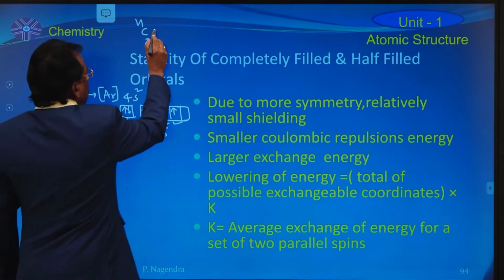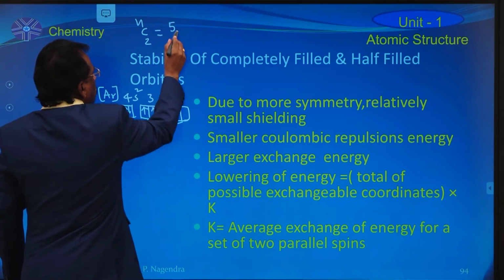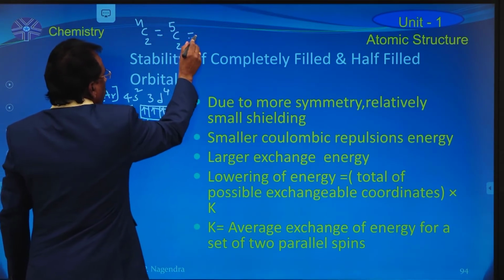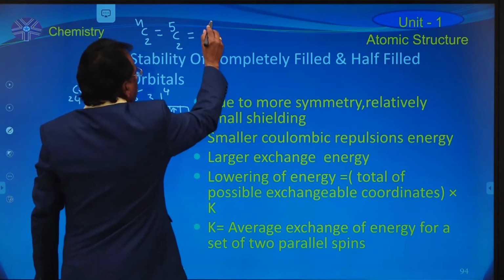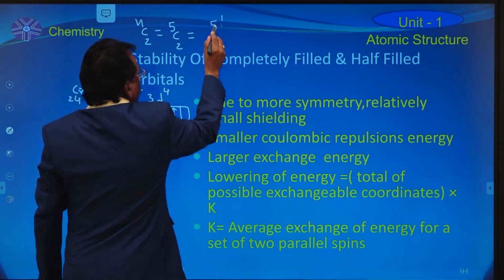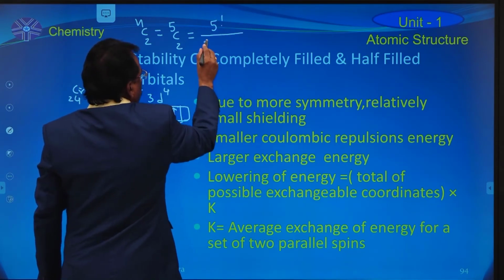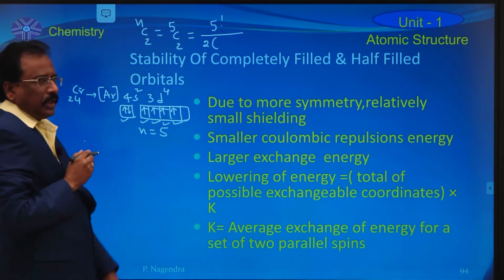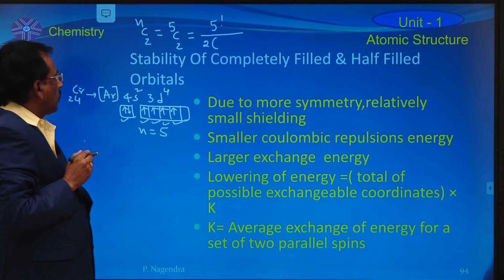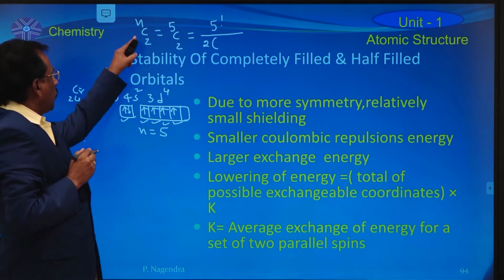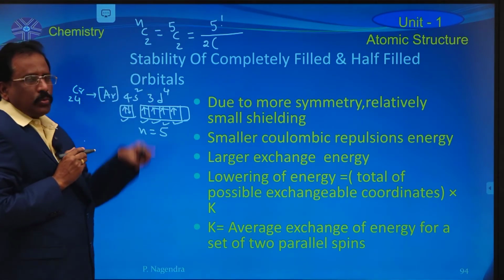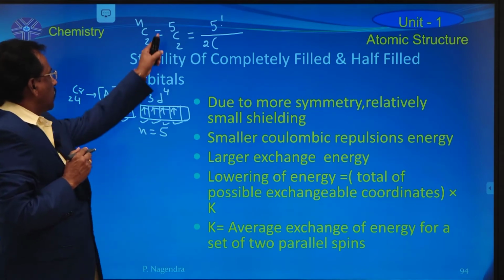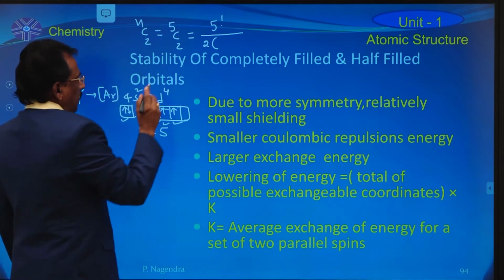So this is equal to 5C2. 5C2 indicates 5 factorial divided by 2 into (n minus 2) factorial, that means 5 minus 2 factorial,